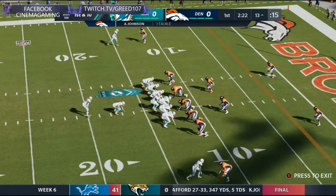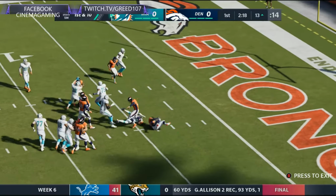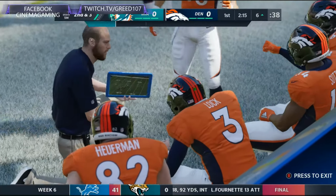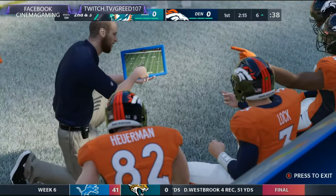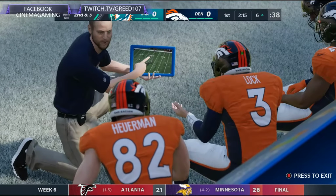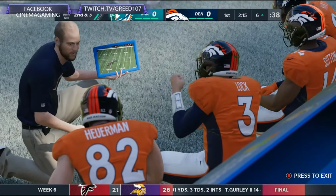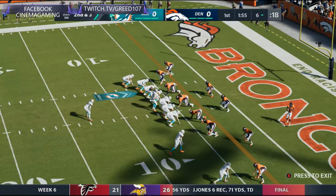From the 13 now, they work on 1st and 10. Fitzpatrick will hand this to Howard. And power running here down to the 6-yard line. 7 yards on the pickup there, and it'll leave him with a 2nd and 3. The impressive opening drive continues, and just space being created by those guys up front. We're seeing this the same way, aren't we? We are seeing an offensive line, as this game gets started, as it starts to unfold, that they are dominating